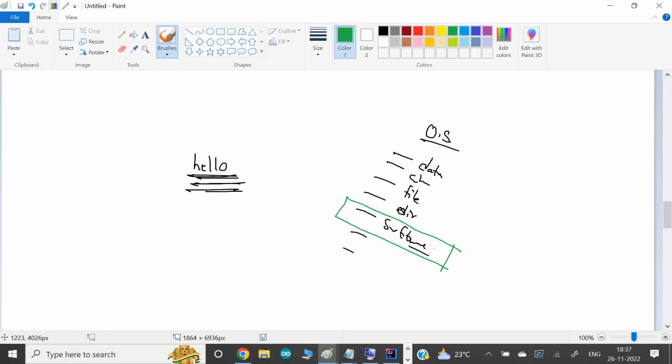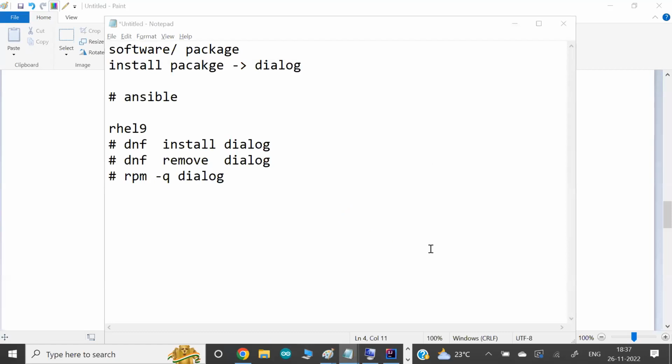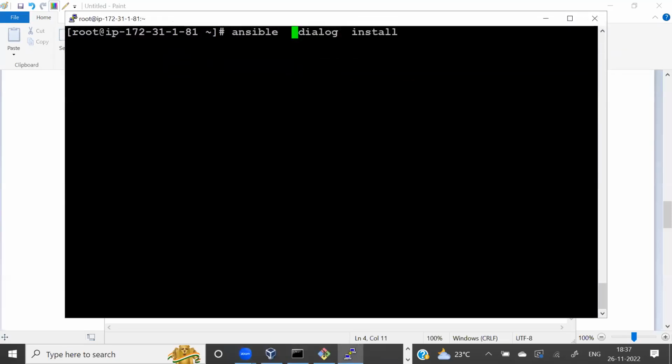For this, Ansible has its own keyword for every individual activity you can do in any OS. Here, my plan is not to work with a file or directory. My plan is to do something on software, also known as a package. So Ansible has one keyword, called the package keyword.